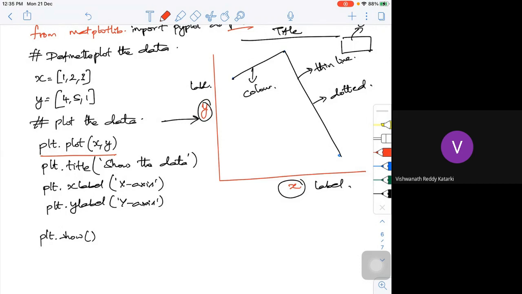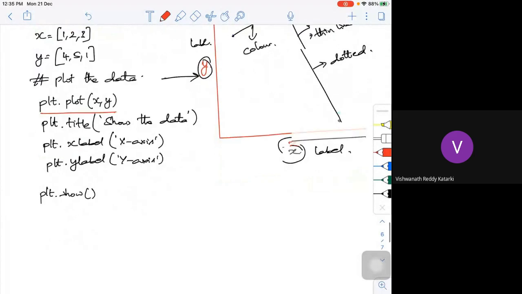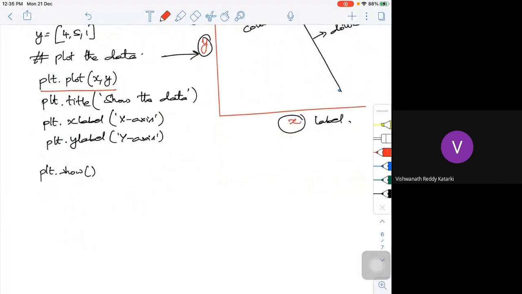Now if I want to change that particular line width, line width means I want to increase the thickness of it. I can write the same code as plt dot plot, x, y, line width, just similar to what we used to have in Python.